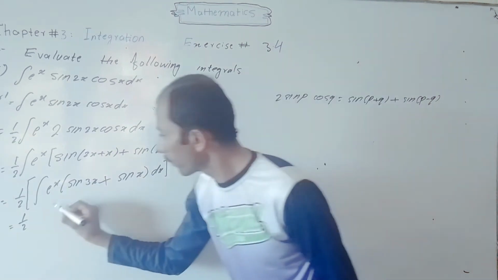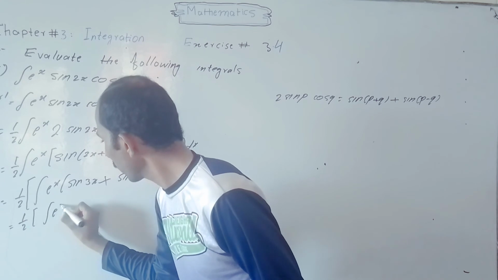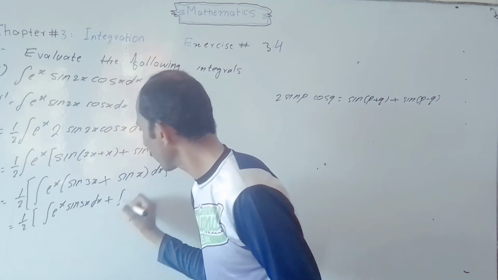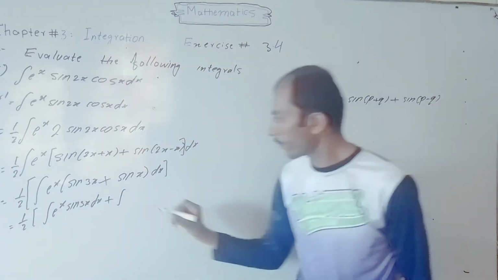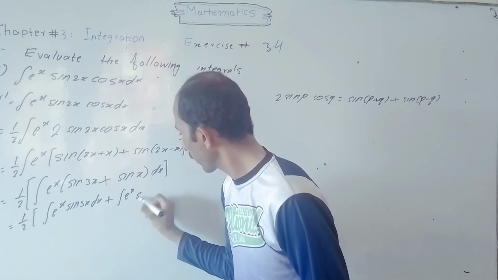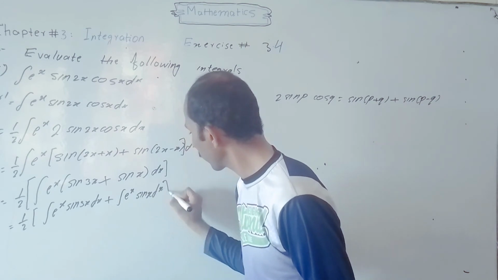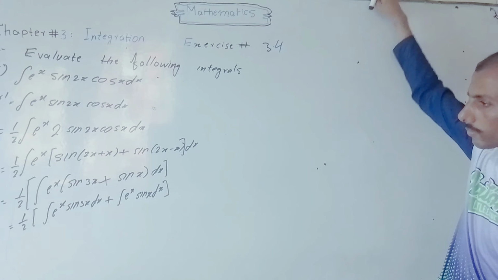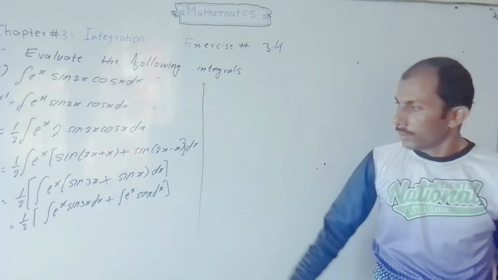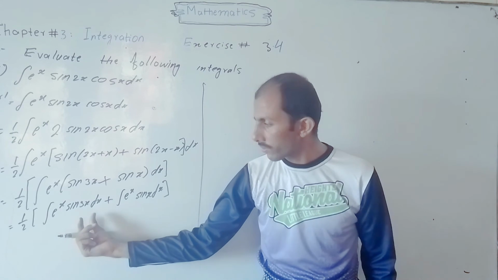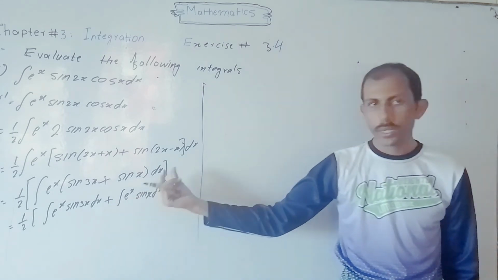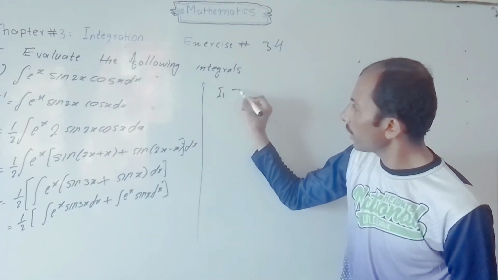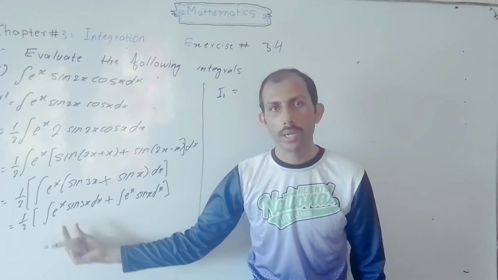integral e power x sine 3x into dx plus integral e power x sine x into dx. So next, first integral e power x sine 3x dx, second plus integral e power x sine x into dx. So first I1 is equal to integral e power x sine 3x into dx,